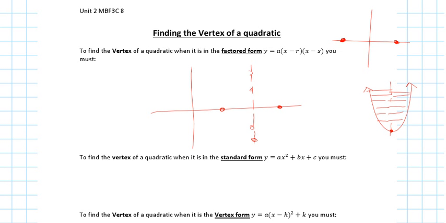Okay? So if I know my two zeros, I can find my axis of symmetry. Correct? So from the factored form, I can find my two zeros. Once I find my two zeros, I can find the middle. And then we'll see what happens. How can I find my optimal value? Okay? So